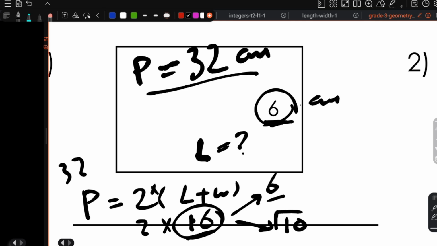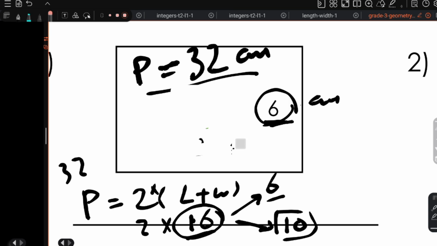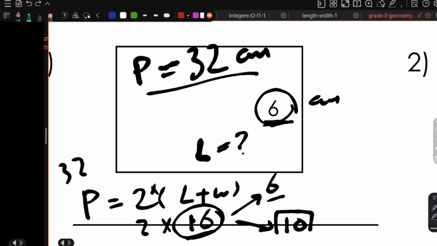So we will find that the result will be 10, and the side length in this case will be how many? Will be 10 centimeters. This side will be 10